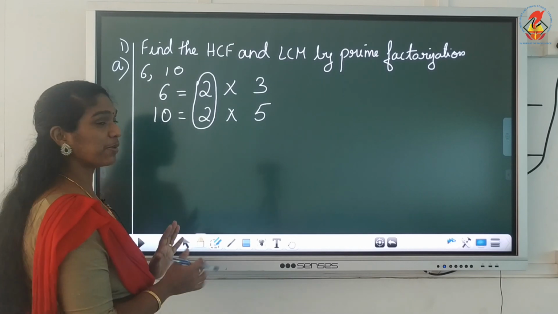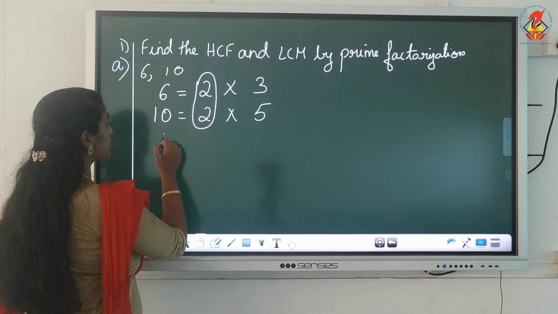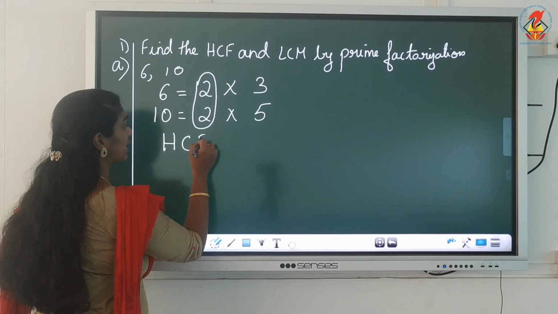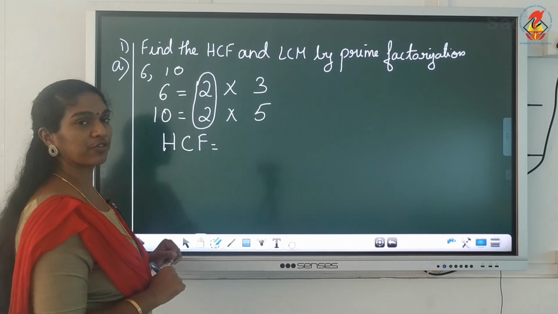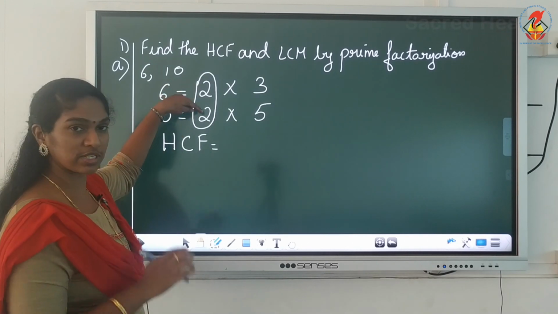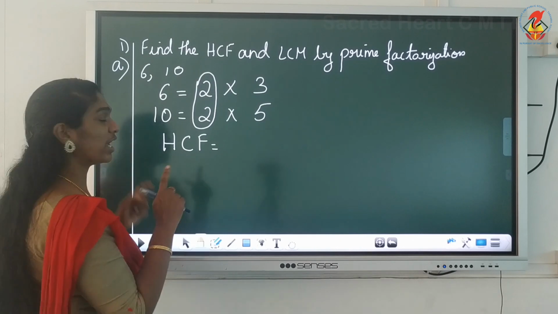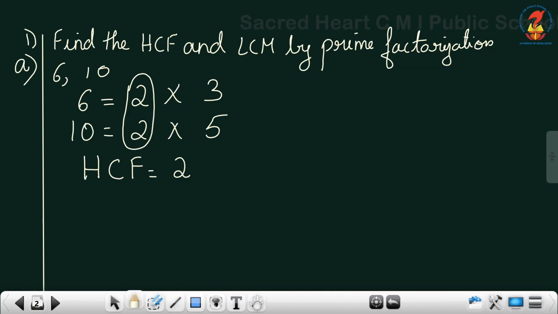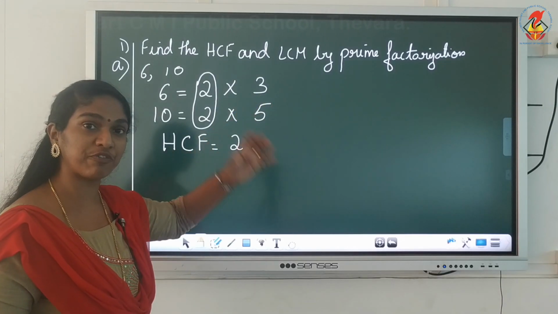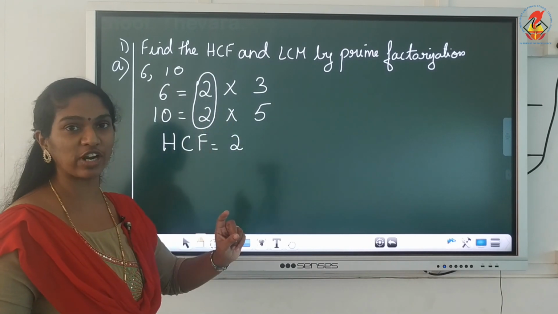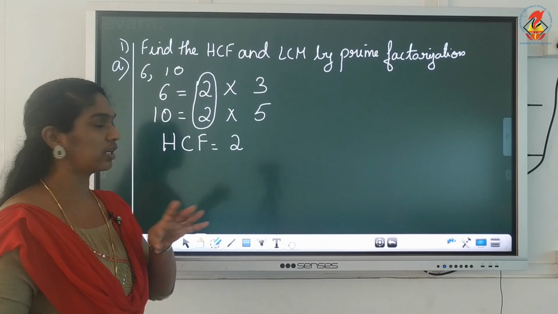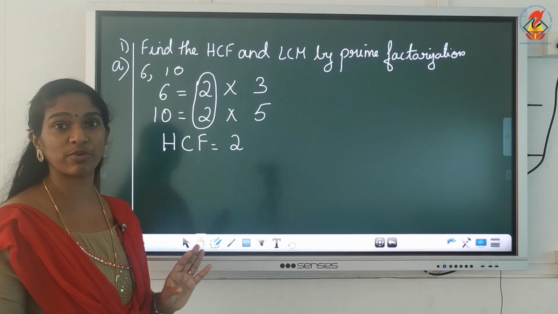After I make groups, I will take one number from each group. Now in this question I have only one group, so I'll take one number from that. In this group there are 2 numbers, right? 2 is there. From that I'll take 1. So that will become my HCF. From the groups you have made, you take 1 from each and multiply. But here you have only one group, so take 1 from that. That will be your HCF, the highest common factor.